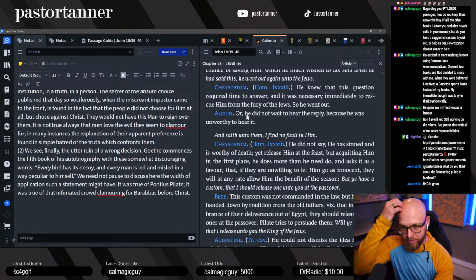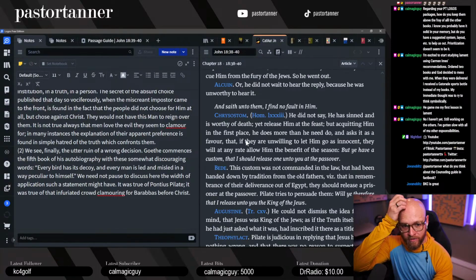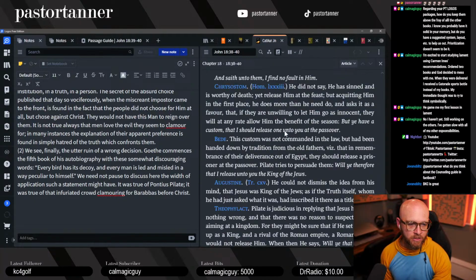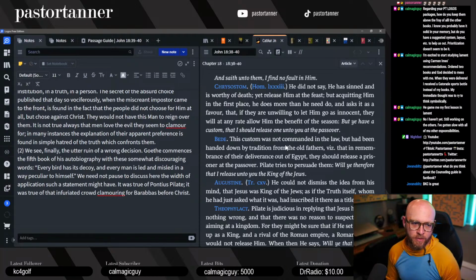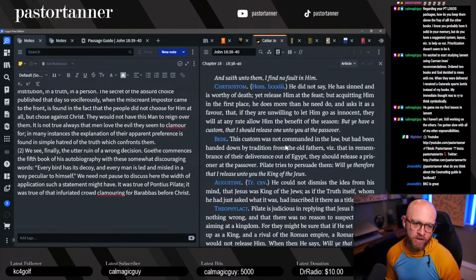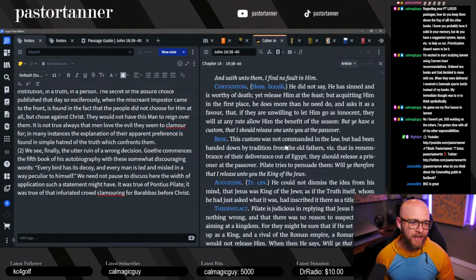Interesting different take, but they're all noting the fact that he went quickly. Okay. Saith unto him, I find no fault in him, etc. We probably don't need this either, but let's read it. Chrysostom: he did not say he has sinned and is worthy of death, yet release him at the feast, but acquitting him in the first place, he does more than he needed to do, and asks it as a favor, that if they are unwilling to let him go as innocent, they will at any rate allow him the benefit